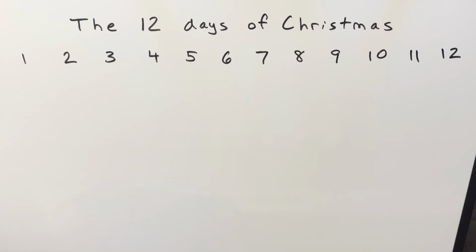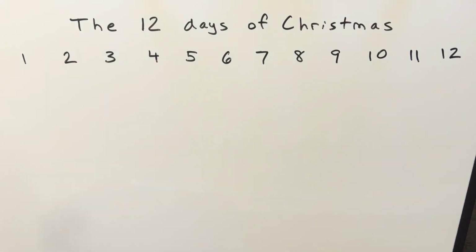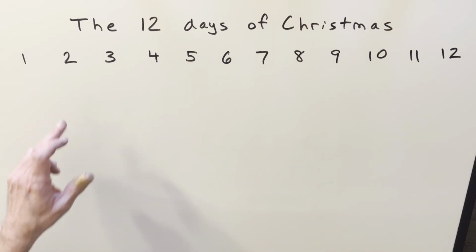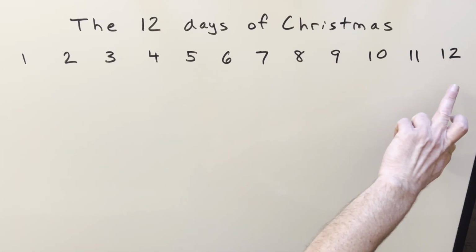I wanted to just total up all these numbers because the idea is on the first day of Christmas, and I have no idea when there was 12 days of Christmas, because right now I think it's just one day. There used to be 12 days of Christmas. I don't know when that was. And then what they did is on the first day they got one gift. On the second day they got two gifts. On the third day they got three gifts. On the fourth day they got four gifts. On and on to infinity. No, not really infinity. They go on and on till 12.